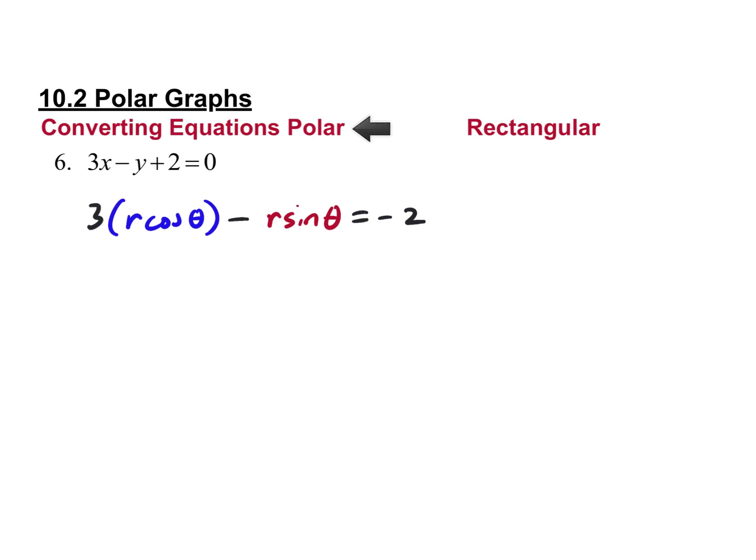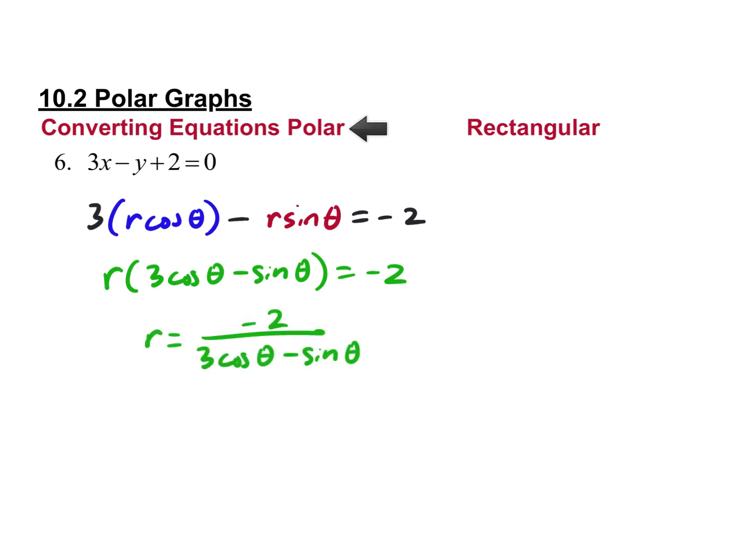Again, polar equations will end up with an r and a theta. Rectangular equations will end up with an x and a y. I should say or, not necessarily. What's the first move here? Yeah, factor out an r. Factor out an r, and then it's just a matter of dividing. And that's it. There's your polar equation